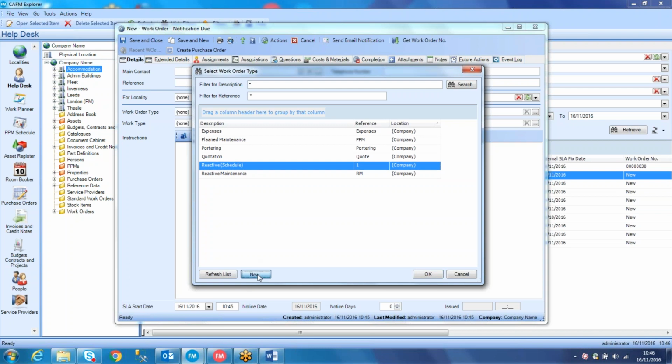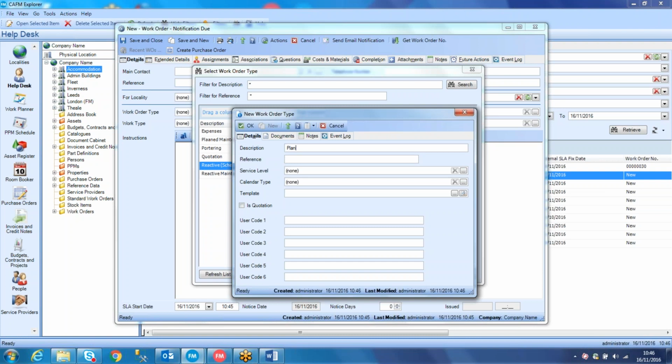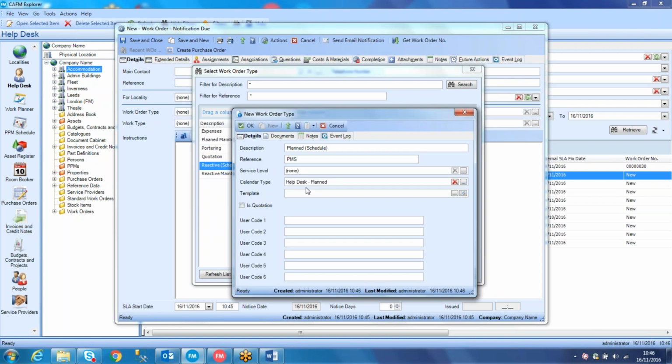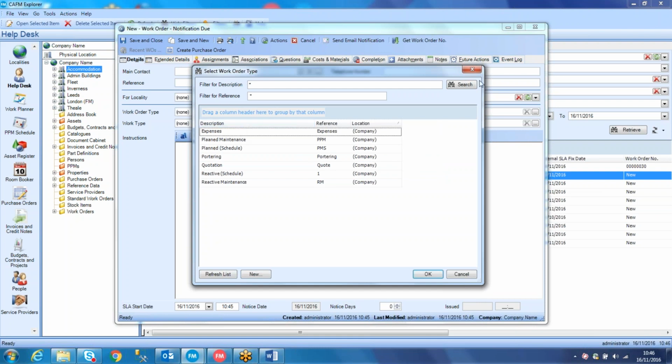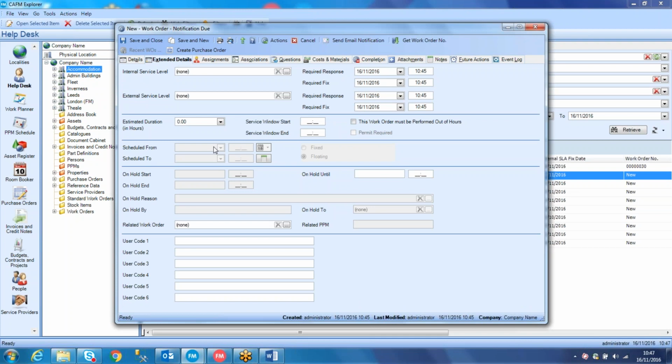And just to show you that, if I just say new on here, and if I create a, I don't know, let's do planned schedule works, okay, and in here you'll see it says calendar type. If I click on this, help desk plan, so this is a calendar type. In order to use that, that will then turn on the calendar availability on the system. And the difference between them, if I use my reactive maintenance, so this is a non-schedulable event, can you see on here this scheduled section stays grayed out,